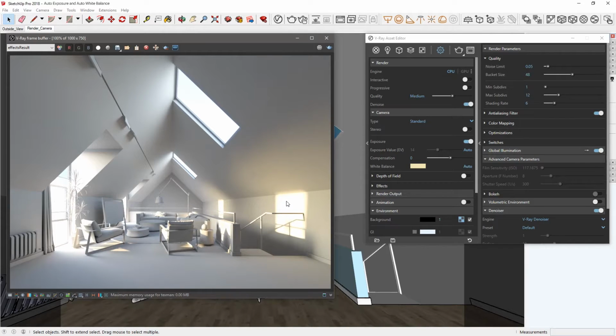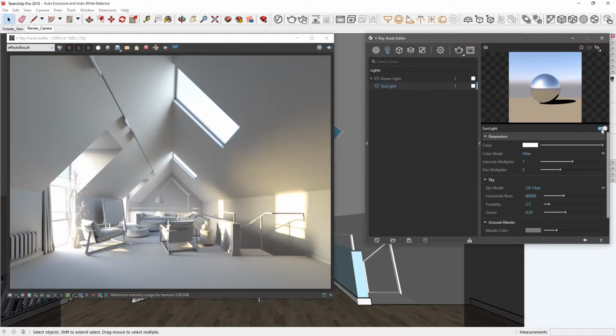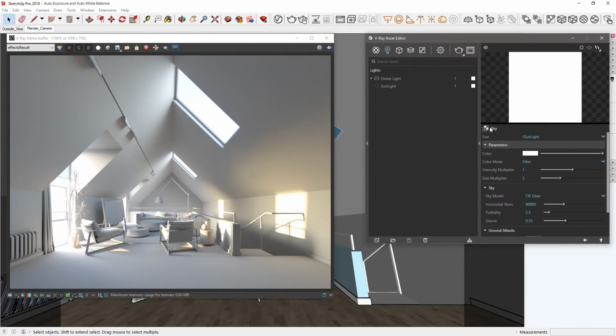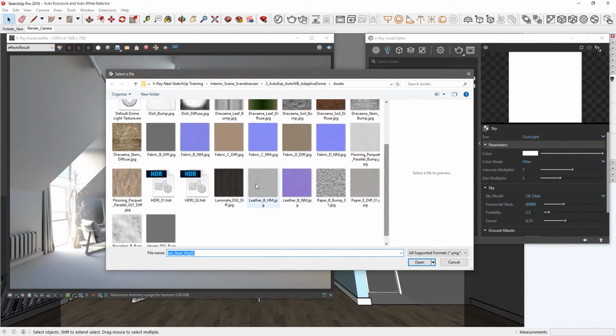Now that we have the proper exposure and color balance, let's focus on trying out some different lighting scenarios without having to adjust any camera parameters. In the Lights tab, let's turn off the sun, and then replace the sky texture in the dome light's color texture swatch. This time, I'm going to load in a bitmap HDRI called HDRI01, which is provided in the Asset